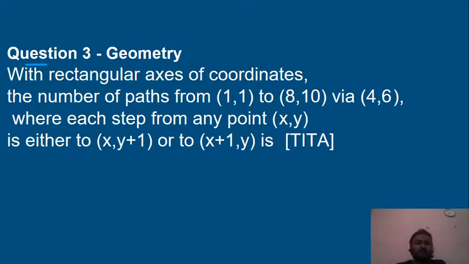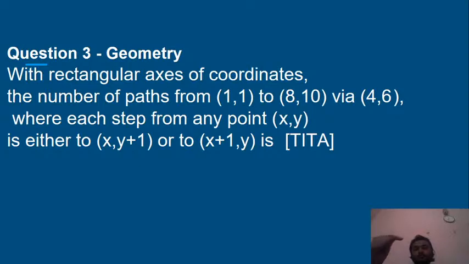Okay guys, so this is a geometry problem, and again it is a type in the answer problem where you don't have any option. So the question says that with a rectangular axis of coordinates, that is the x and the y axis, the number of paths from 1 comma 1 to 8 comma 10 via 4 comma 6, where each step from x comma y is either to x comma y plus 1 or x plus 1 comma y. That is, you can go from 1 1